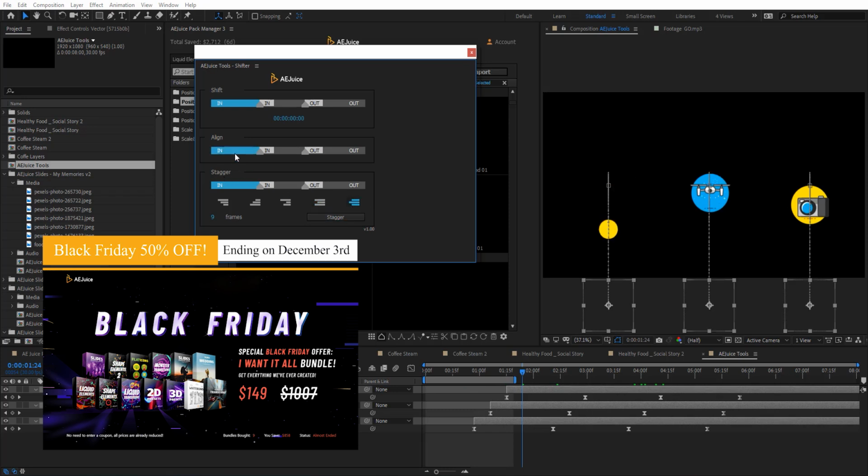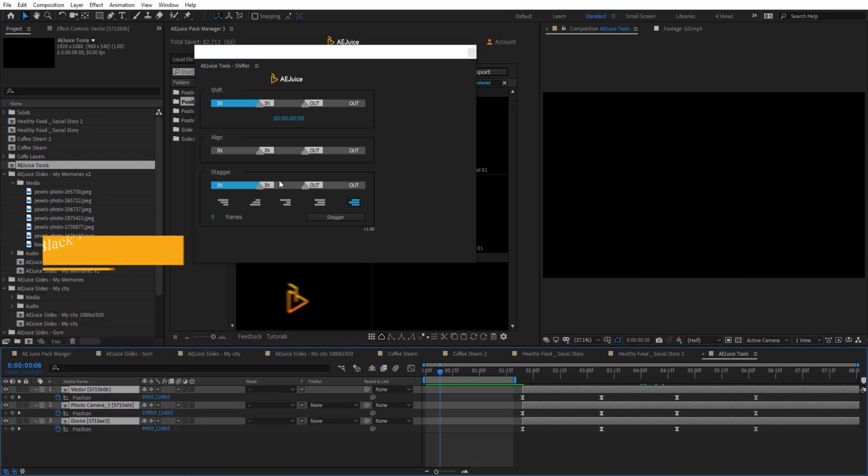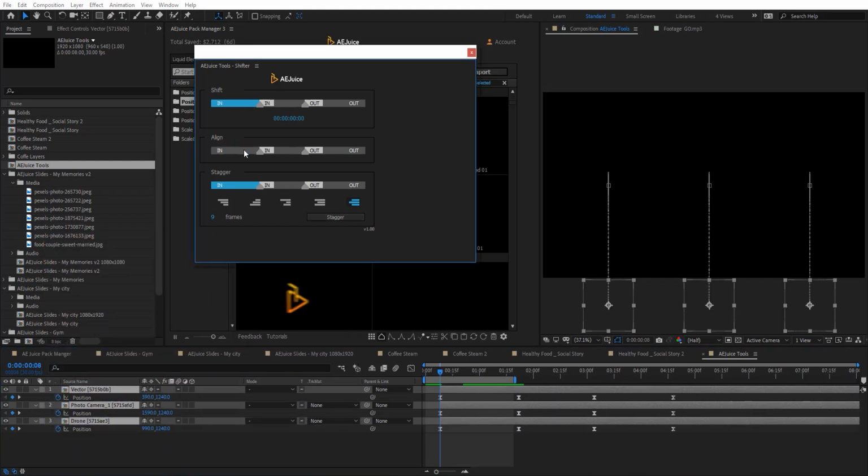So here we have align, so it's going to align depending on where your time indicator is. You can align to the out and also work with the markers for the presets as well. Here you can shift the in and out, so how many you want to shift right there. So you can do the same for outs.